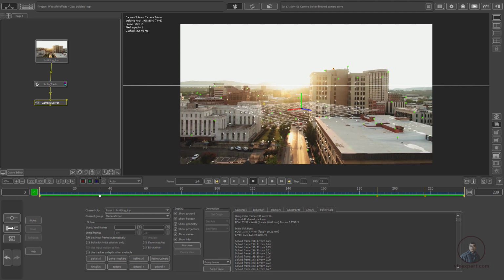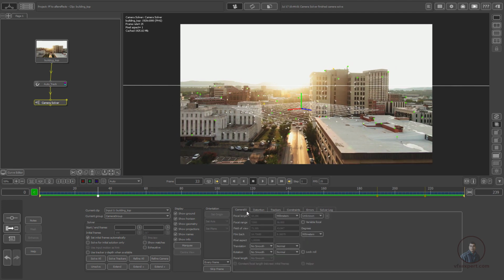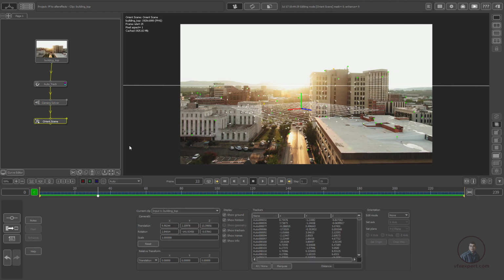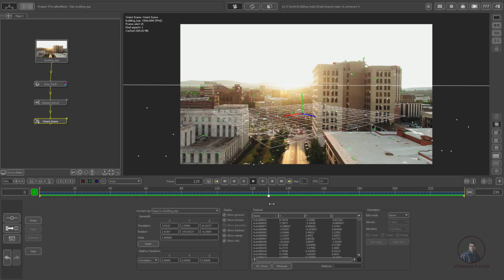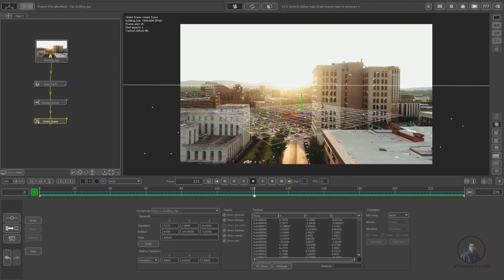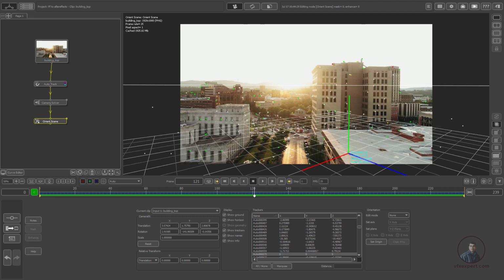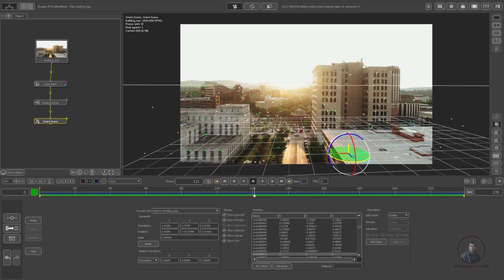Then after this we have to orient our scene. Again click on this camera options here. Then right click on this camera solver, then click on utilities and select orient scene. Here first we have to define our origin, because I want to place some objects. So this is what I am going to select as origin. Simply select this point, then downside click on set origin. Then we have to orient our scene. In edit mode you can select rotate and orient your scene.